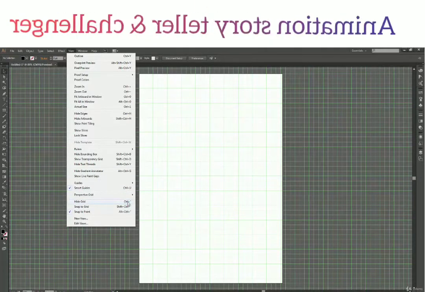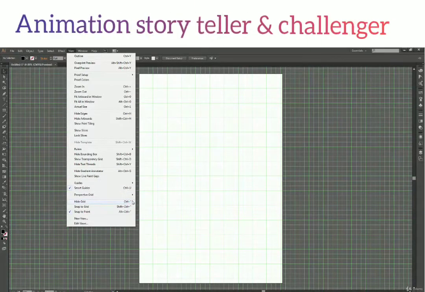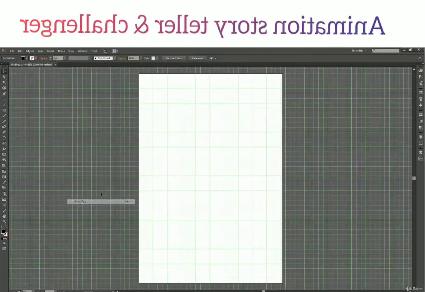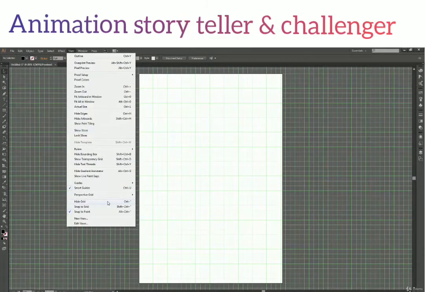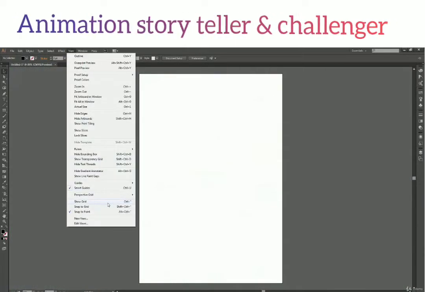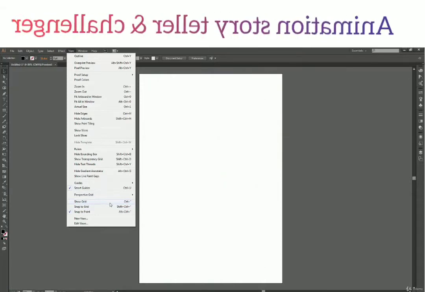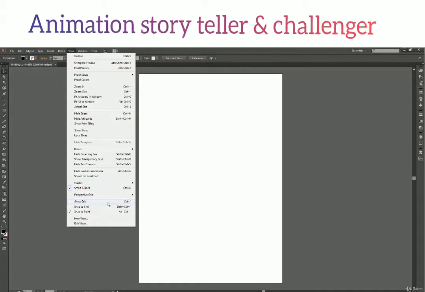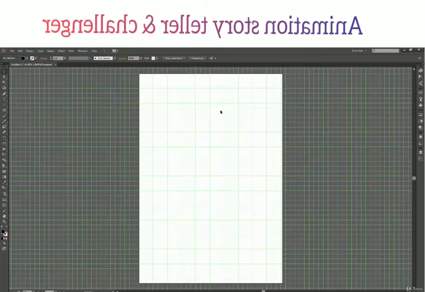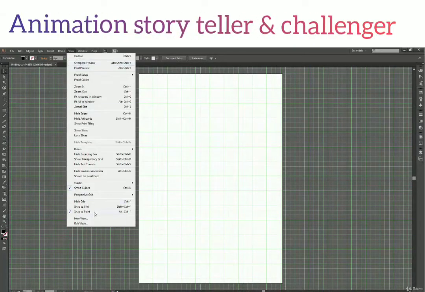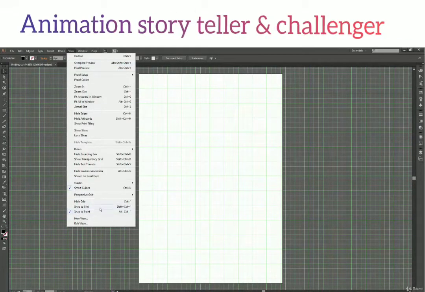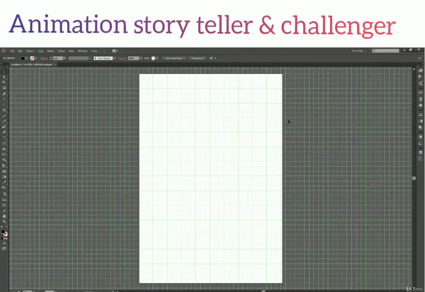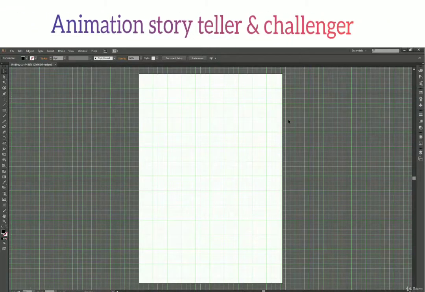That says the shortcut key is Control plus double quotes, so it's the same thing. Either we can switch it on or off from here, or we can use keyboard shortcuts. I am more comfortable with keyboard shortcuts. It depends from person to person. You might have a different opinion, and that's perfectly fine. So let's say we turn on the grid right now. We have other settings also, like snap to grid and snap to point. What are these? We will come to that. But right now we'll just see what the grid is and how to switch it on and off.